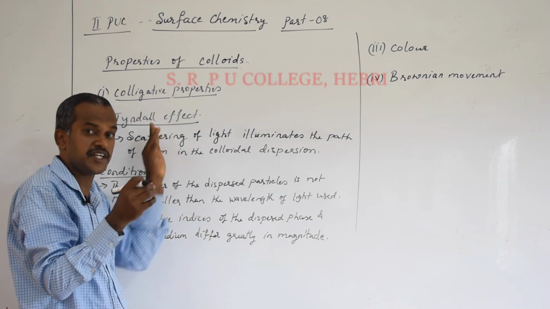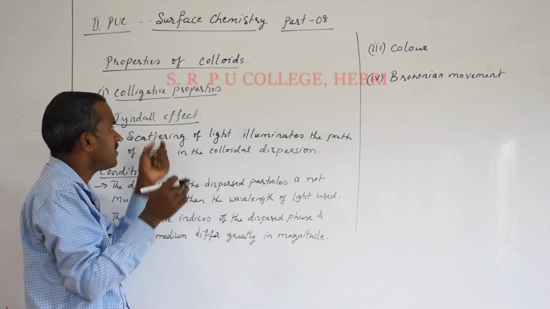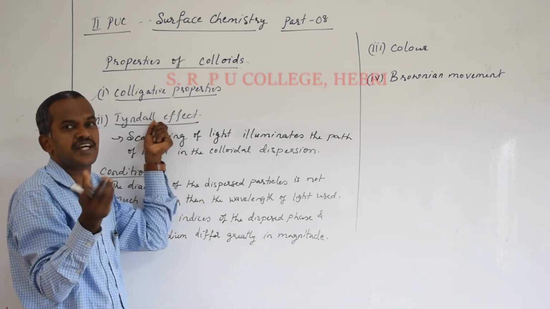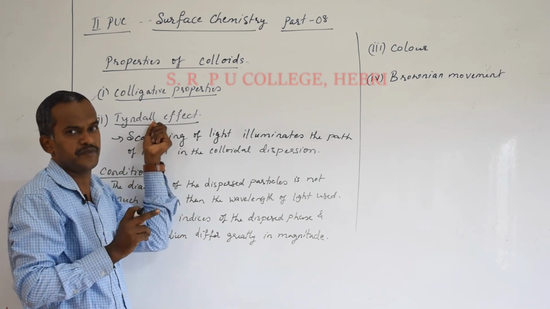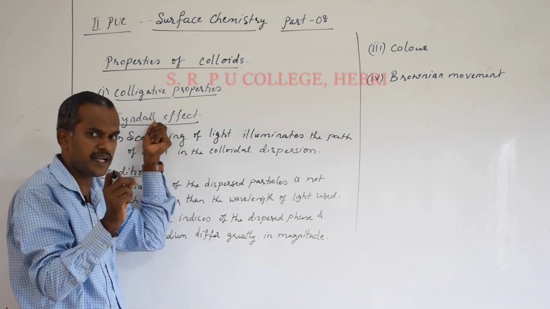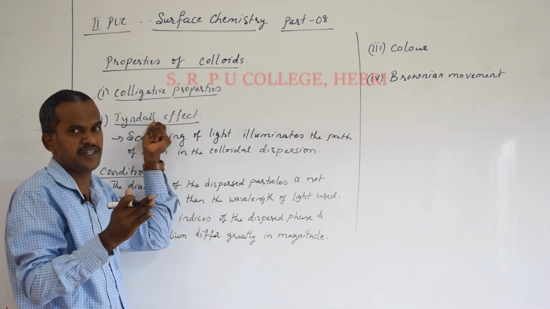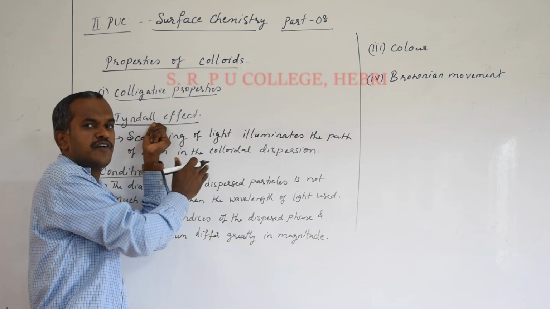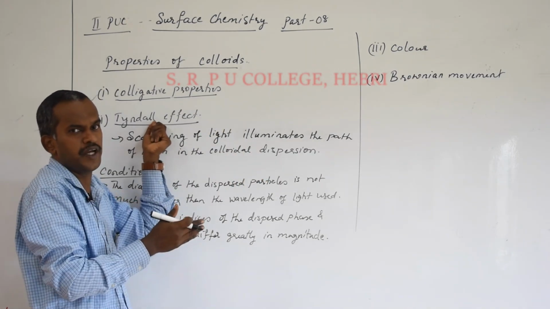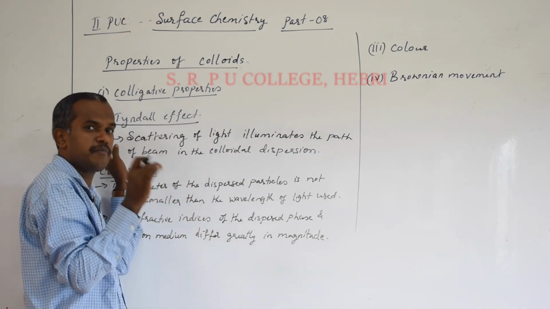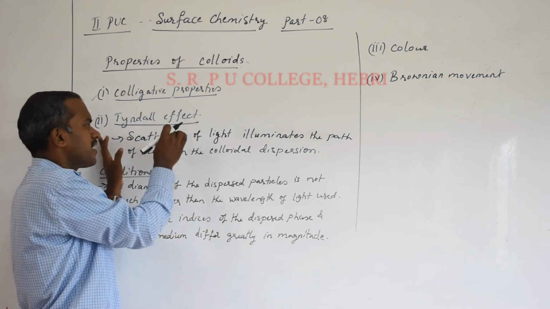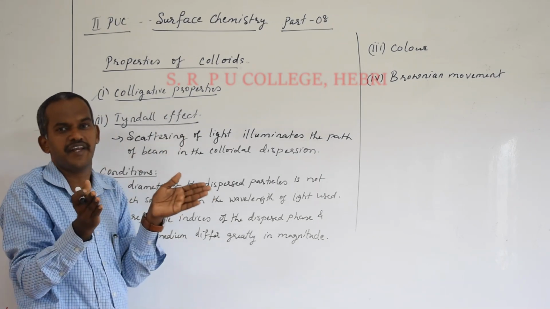Now the speciality of a colloid, especially when you talk about the sol, is that the dispersed phase particles are distributed, and they are larger in size compared to that of a true solution. The size of the particle is not enough to block the ray of light, but they are not allowing the ray of light to pass in the same direction. Due to that intermediate size of the colloidal particles, it will scatter the ray of light.